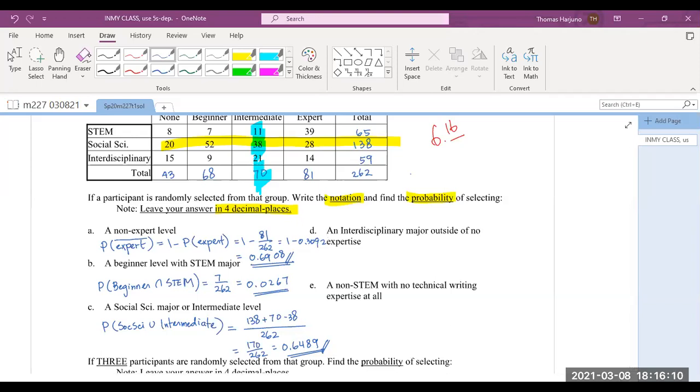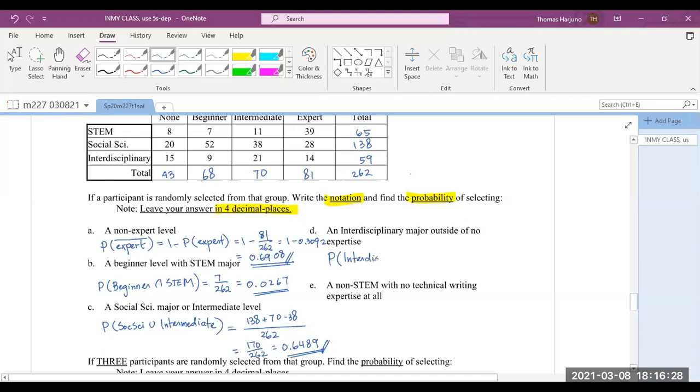Okay, I worked out some of them already. Please take a look. So part A, B, and C. Part D, probability of